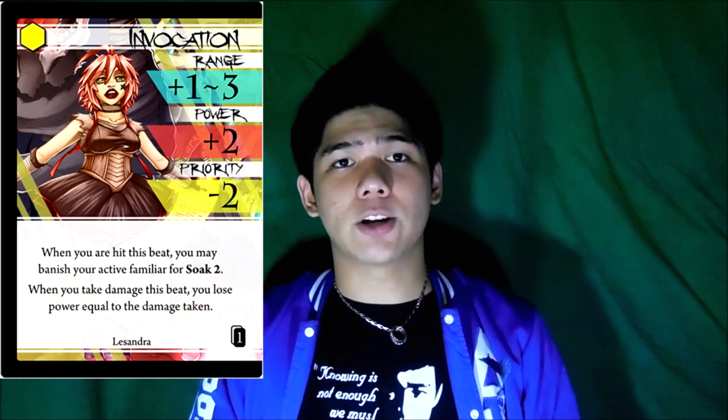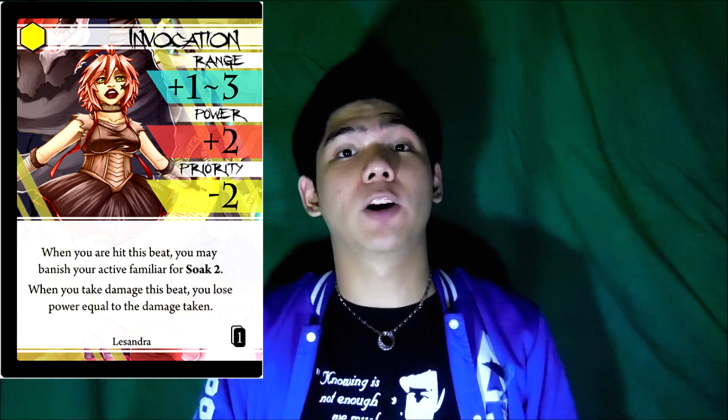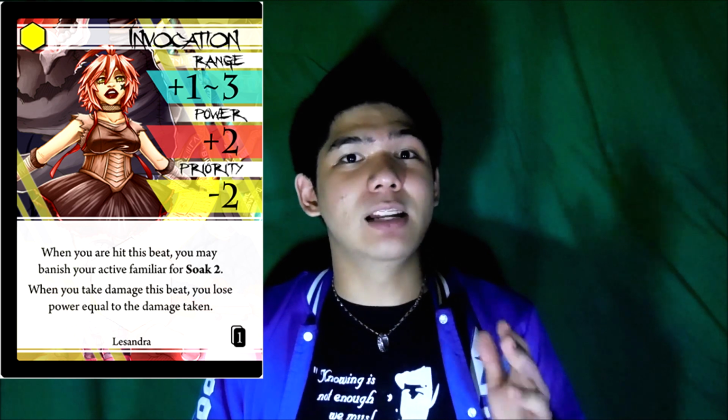Let's start off with Invocation. Invocation is simple. It has awkward range, slow priority, and a lot of power. Typical for a Lesandra style. You basically don't want to take a lot of damage. So this card is very great used against weak attacks like Grasp. On the other hand, it's also good at range because not a lot of attacks deal a lot of damage